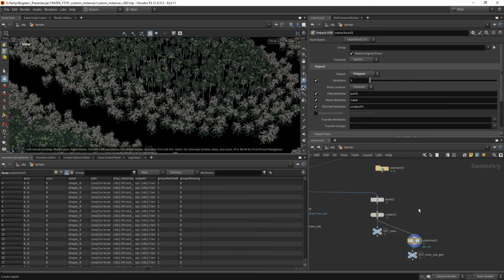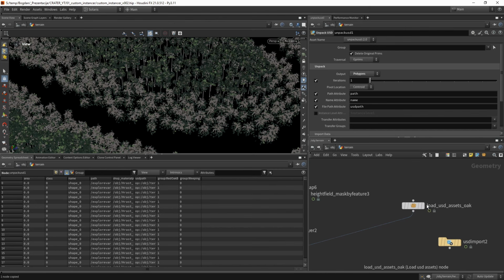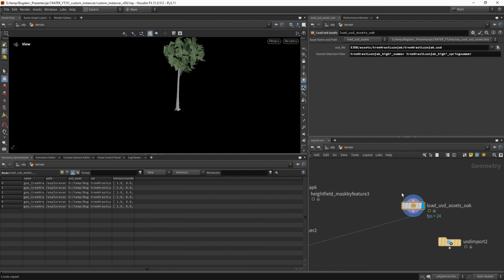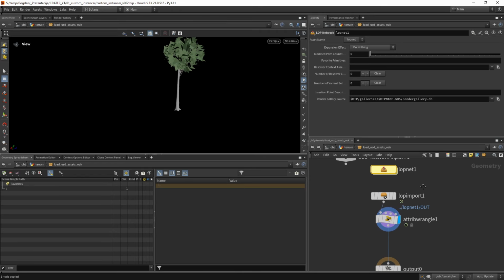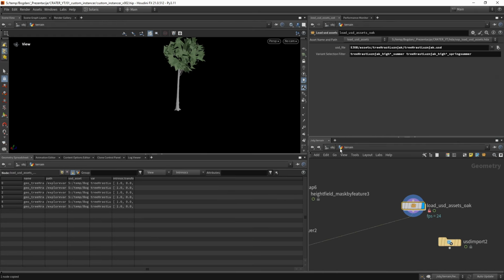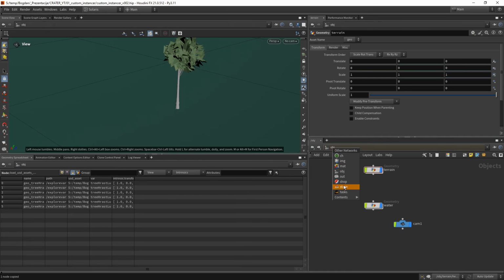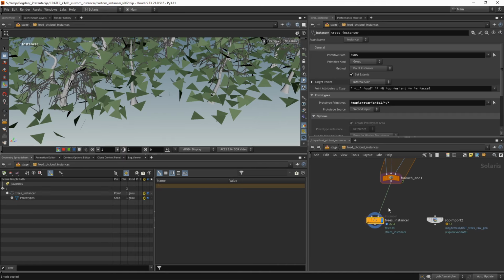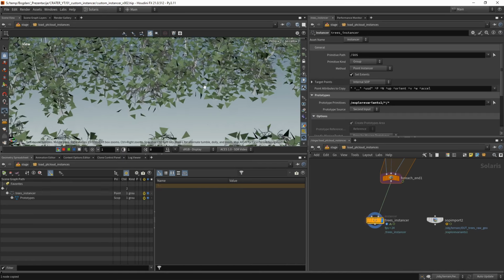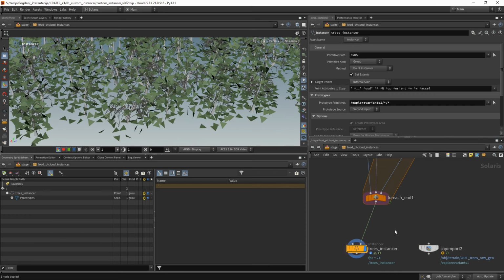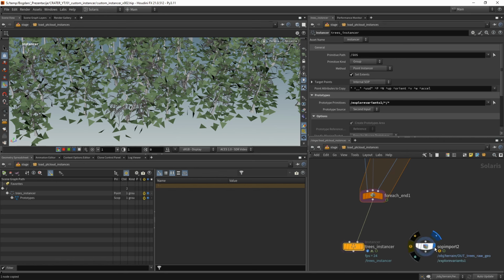The thing is that when we loaded our asset here, the pivot is being set to the center, and that's not correct. So we need to set it to origin, and here in pivot location, we just set it to origin. And now when we switch to Solaris, let's compare it now. Okay, so now it's half working,